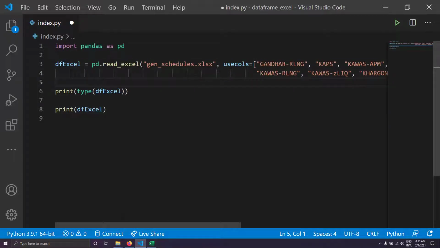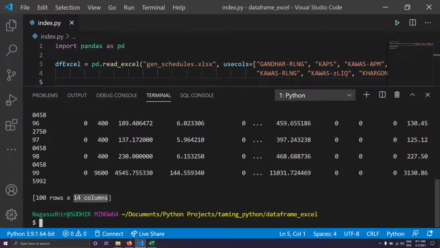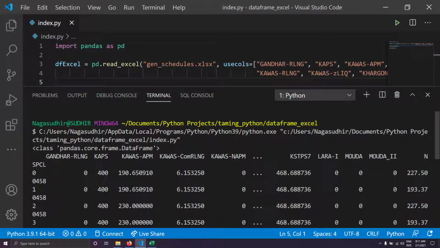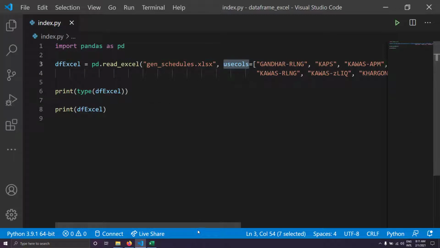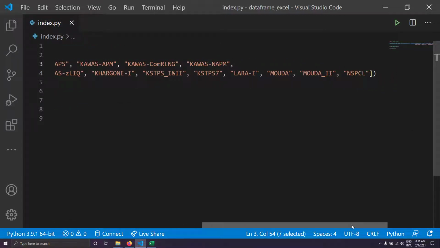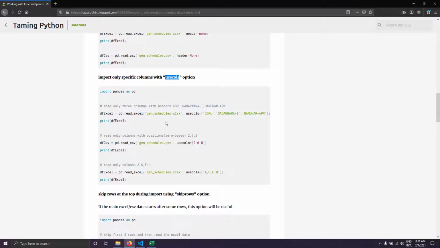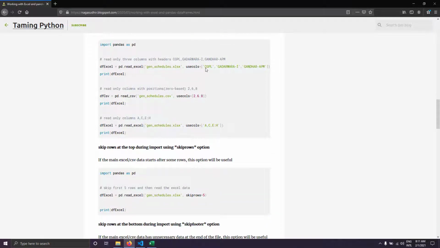I'll just show you how many columns will be there. Now you can see I have only 14 columns. You can see that I did not get all the 41 columns of this Excel file. I got only the 14 columns that I have specified in this example. So usecols is also very important, guys. While reading Excel files, if you want only some columns to be read from the Excel file, you can use the usecols option. So this was another important option, guys. And yeah, with usecols, instead of giving these header names, you can even specify the column indices.